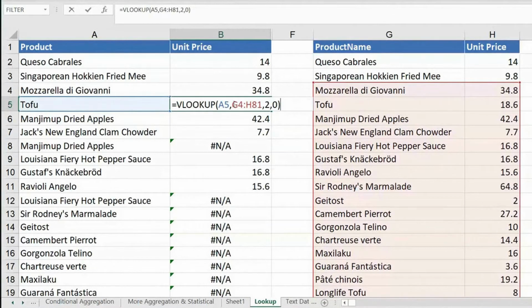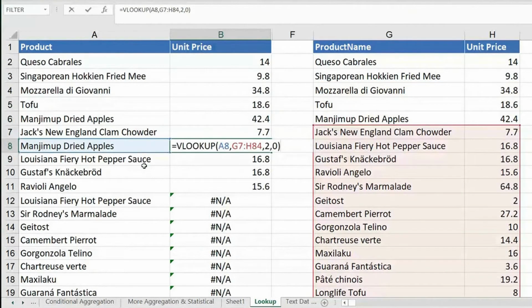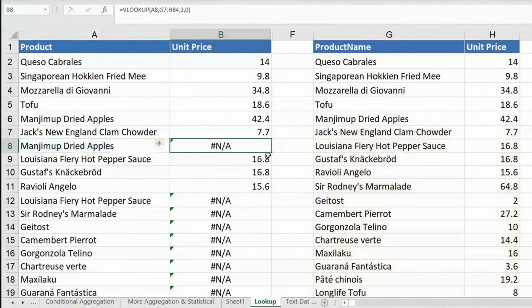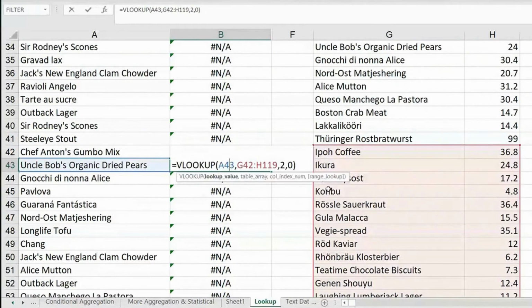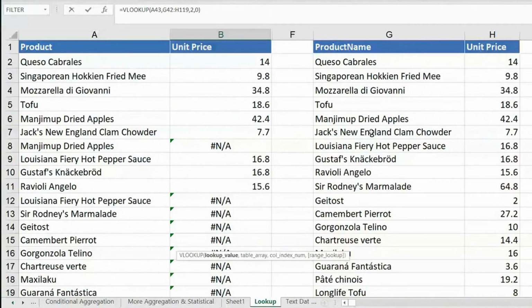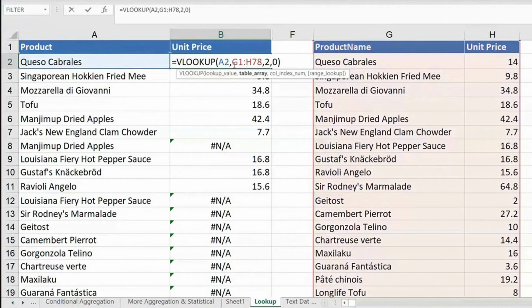That is a property of something called relative range. When we get into basics of Excel, we also discuss this. Here I'm helpless, but I'm trying to teach you in a simple way. So when I come here, this is dried apples. This product is being searched from here, but you could see the dried apples is here, correct? It is above my table, so it is not able to get it. So it says NA. After a few rows, maybe we are looking somewhere completely down. You are missing all these products here. So that is the reason, you have to make this absolute, freeze or lock, whatever terms you use.